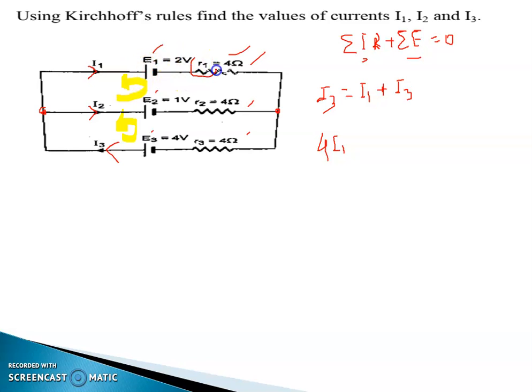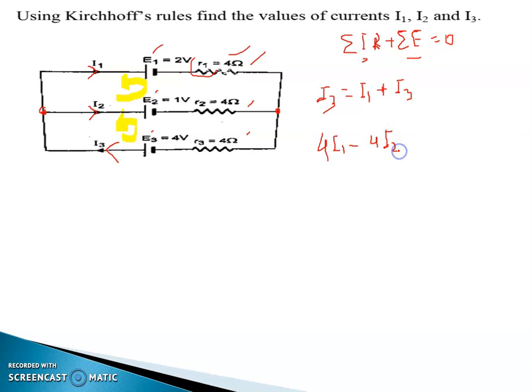Now the second resistance: I2 is going in the anti-clockwise direction, in the direction of the arrow drawn by you. So this is an anti-clockwise current, and it should be taken as negative: minus 4 I2,